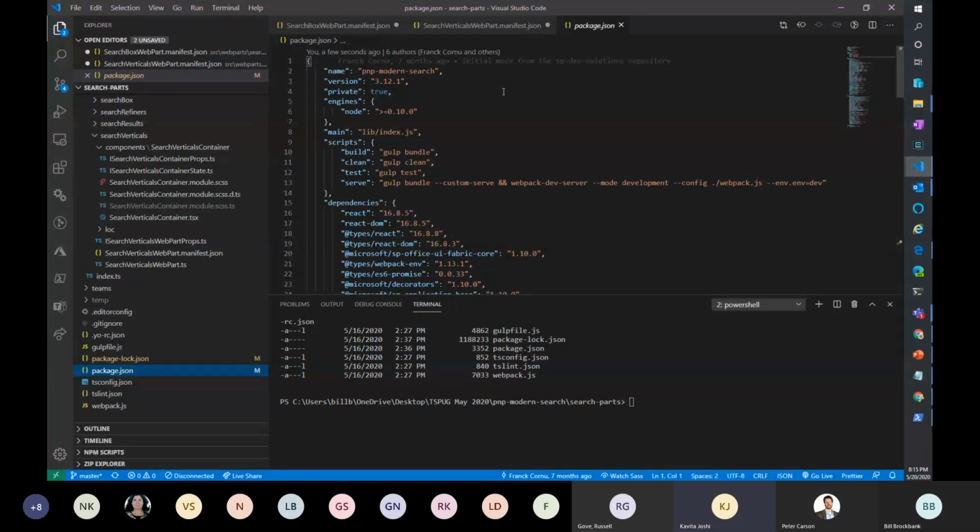Thanks, Bill. So one more question I have. This is Kavita here again. For the refiners, there is a limitation on the number of results, but when you had search results of only three, the filters were still showing all of it, right? Yeah, they're independent of the results. So if somebody selects a filter that doesn't have a value? No, they will not show up. The values in the filter are the ones you have content for. Also, those filters will only show up if they are within those three results.